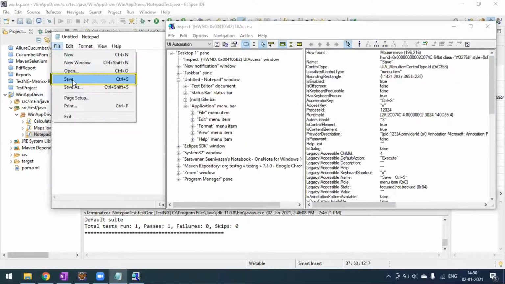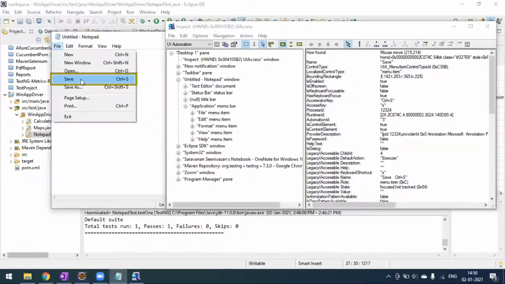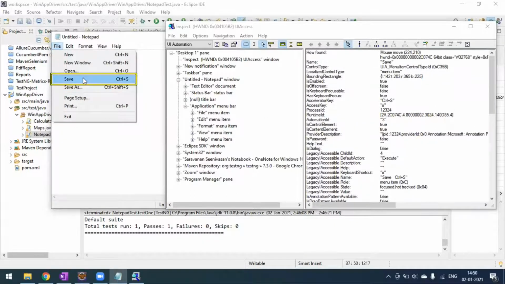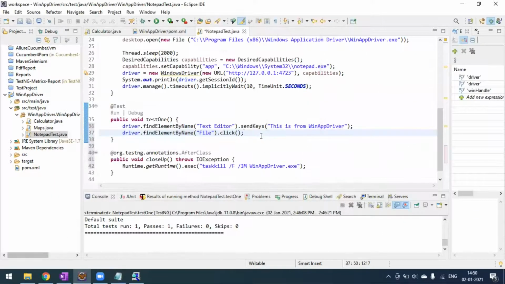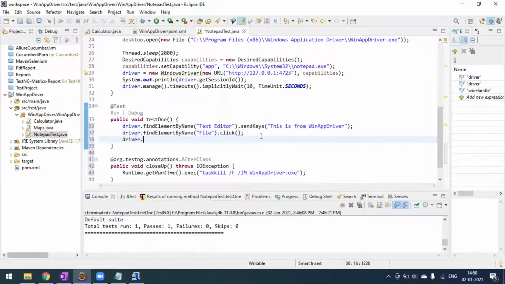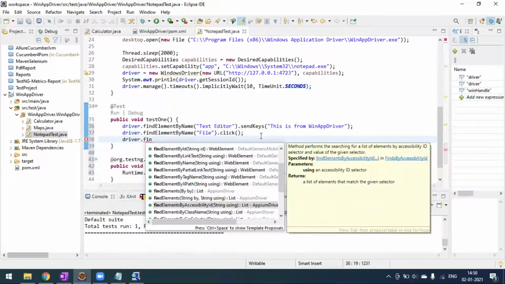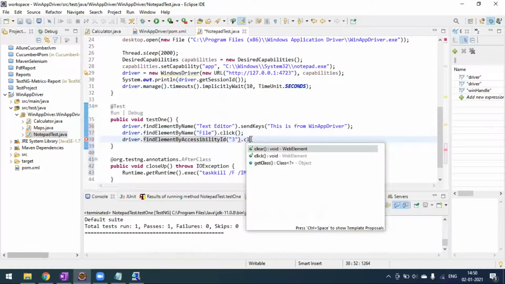Okay, so this is a save, and we have an automation ID as well as a name. Okay, so here you can see automation ID is coming as a 3, right? So automation ID is 3 and the name is save. Okay, so we'll use this automation ID for this case. So we'll take it as automation ID 3. So we'll come here. After this, find element by accessibility ID we have to select, right? So that is what we have taken, the element as 3, right? So this is find element, not elements.